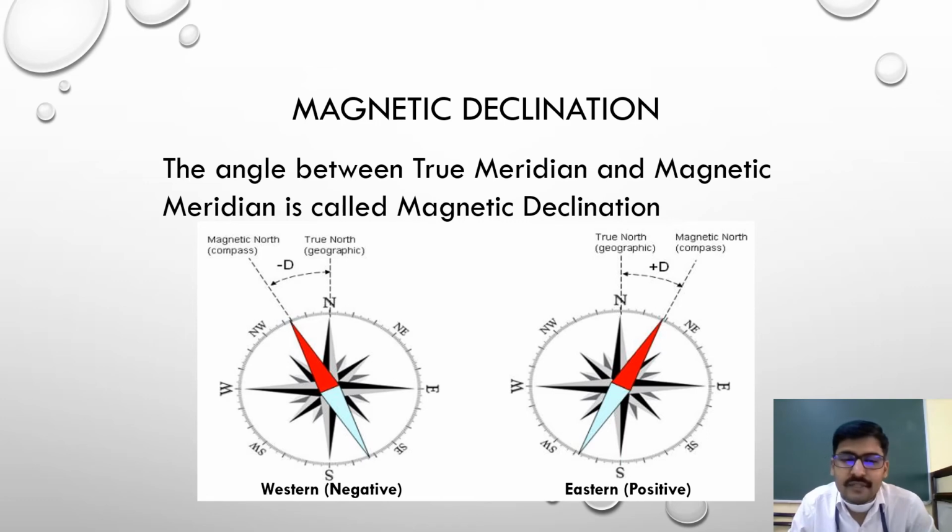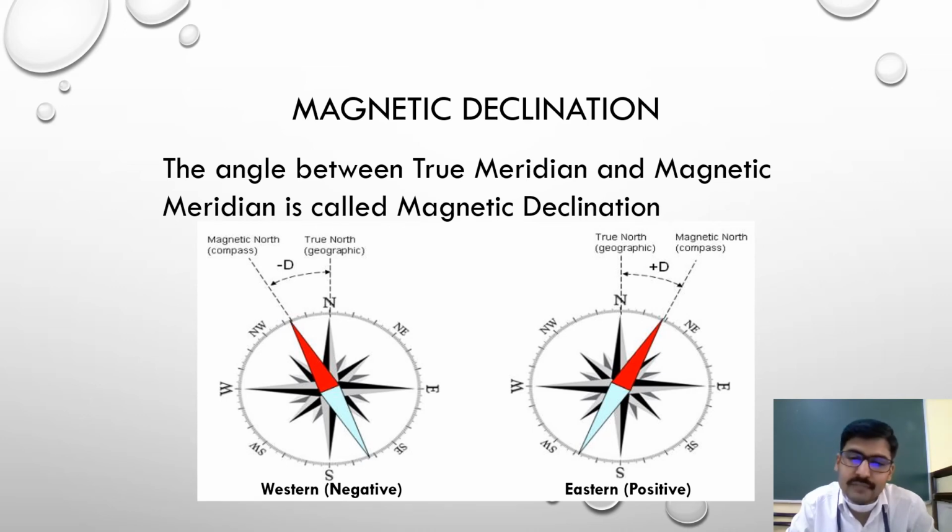If you remember, I have told you what the true meridian is and what the magnetic meridian is. True meridian means what? The line joining true north and true south, right? There is a north pole of the earth and a south pole of the earth. If you join the north and south pole by a line, then it is called the true meridian. Whereas the magnetic meridian is the line shown by the magnetic needle. So definitely magnetic north and true north will not be coinciding.